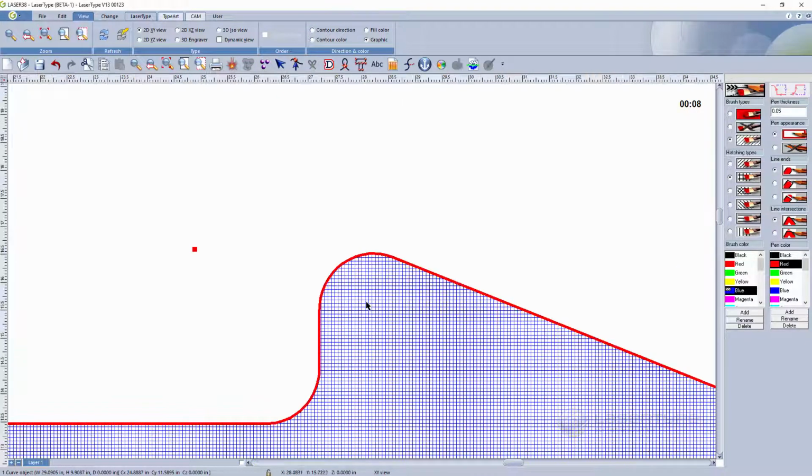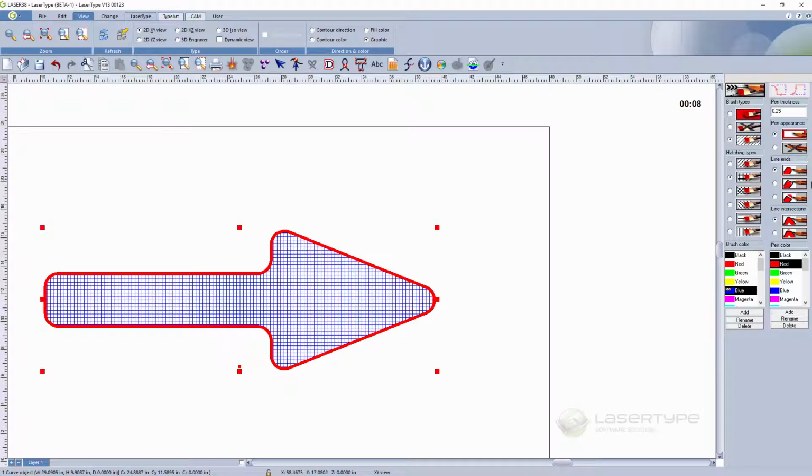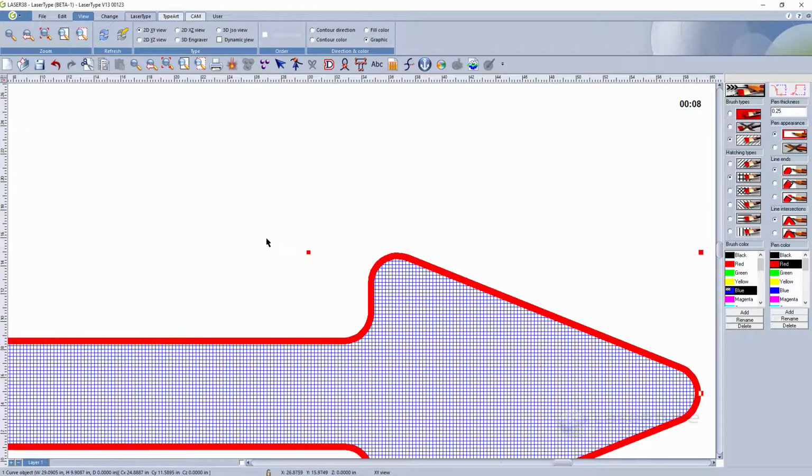So if I start to zoom over here, you can see we can build bigger or smaller vector lines for the cut. You can also manage different aspects in terms of whether you want to create straight corners or no corners.